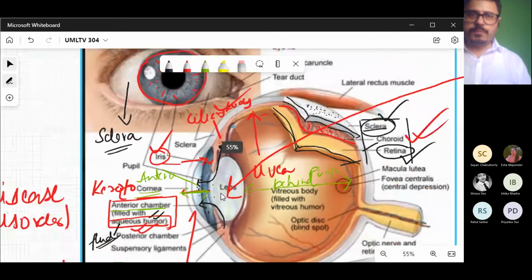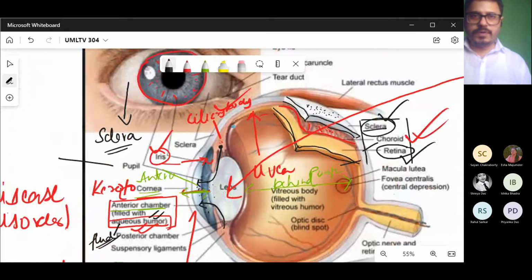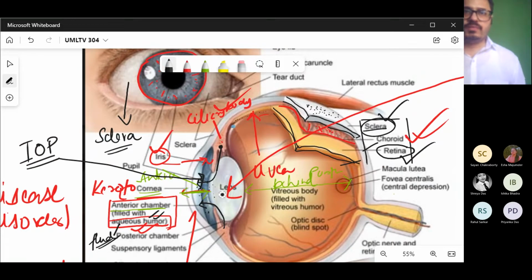So the pressure present in the anterior chamber is known as IOP, intraocular pressure. And this intraocular pressure causes glaucoma. When this pressure is raised beyond a certain level, then we have the disease called